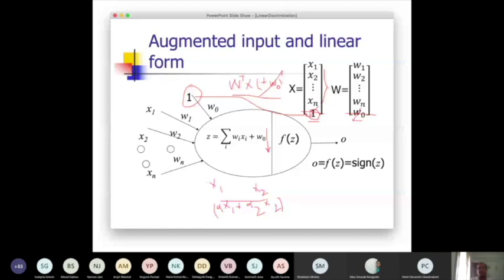So this is the linear operation, but this operation, this f(z), as you can see, is a nonlinear operation because you are computing its sign. As per the definition of linearity, you can see that this is not a linear operation, right?